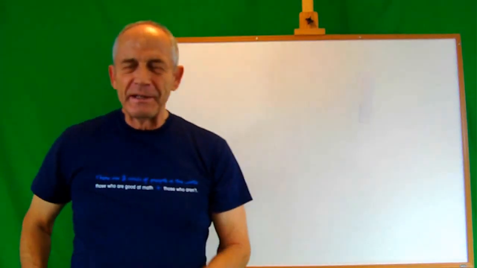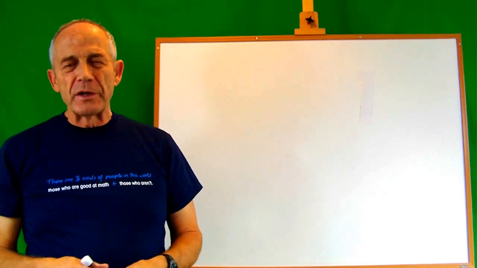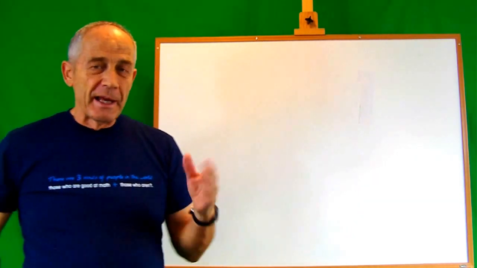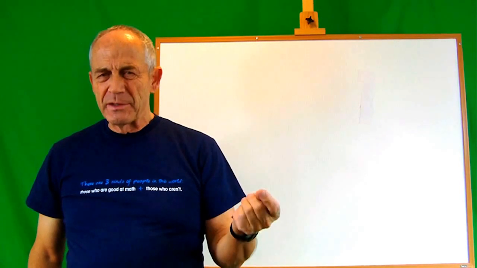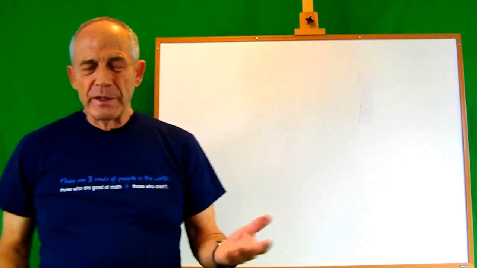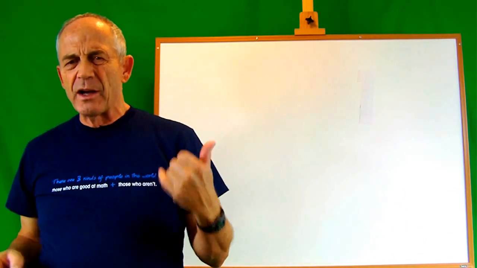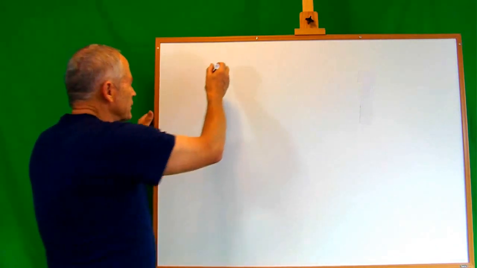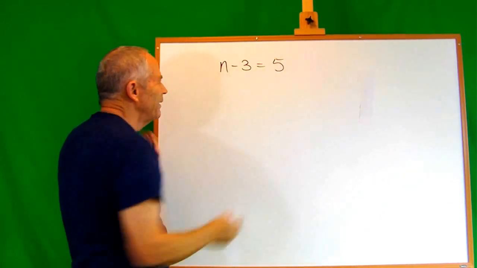This is Terry again. We're going to continue on in what we talked about in the last lesson. We were talking about evaluating, and I mentioned there that we were going to use this idea of evaluating to help us to do something that we needed to do. But we're going to go back and review a little bit first to make sure we've got all the information we need. If we have an equation that looks like this, n minus 3 equals 5,